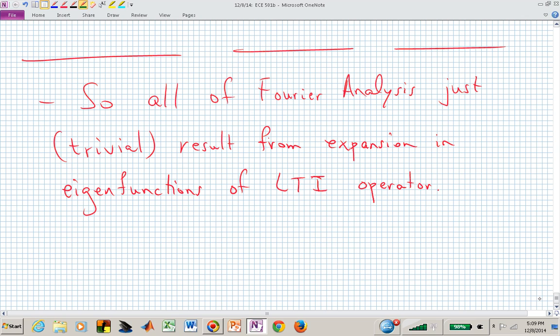Meaning we can now think of Fourier analysis as sort of decomposing or taking projections. How does this signal x, how is it aligned with these eigenfunctions, which are just sines and cosines? How is our input aligned with these sines and cosines? And that will then allow me to obtain a way of decomposing this vector in terms of that frequency content, capital X of omega, where our key point